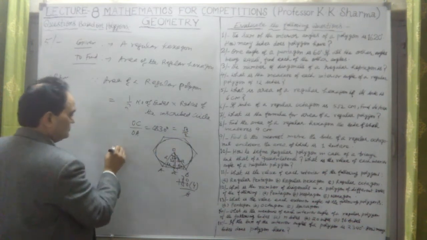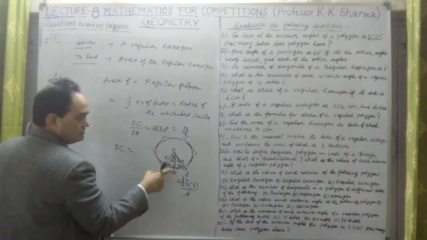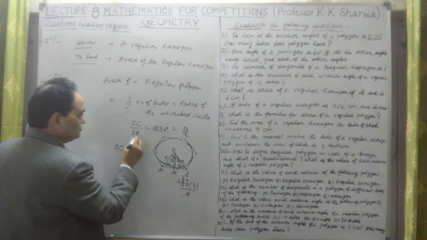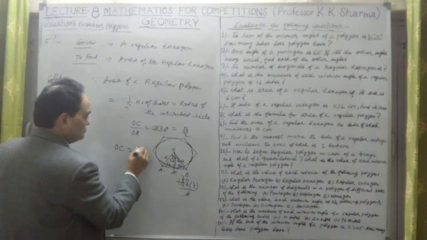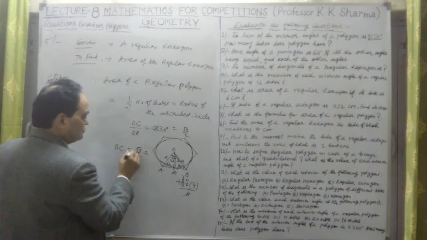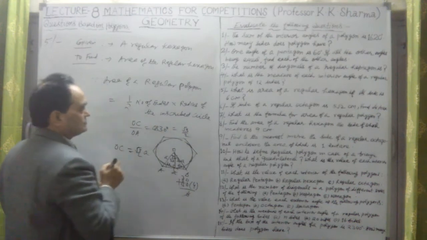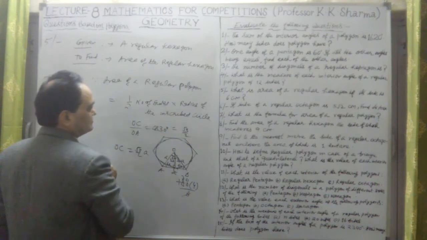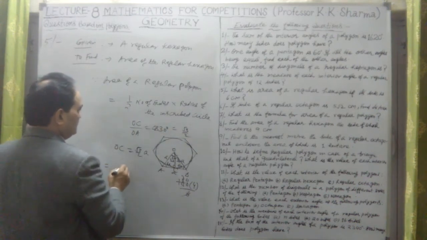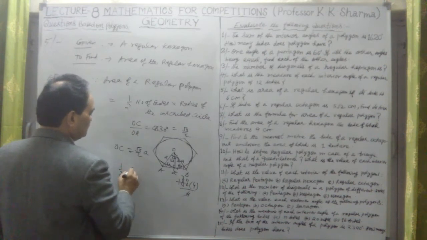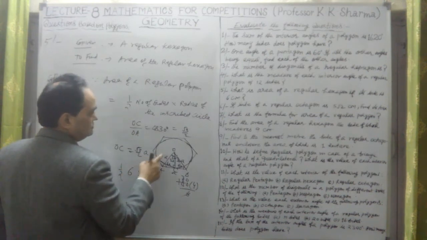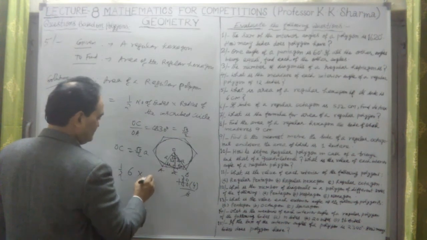And therefore OC, the radius of the inscribed circle, is equal to OA into this, which is root 3 by 2 into A. So root 3 by 2 into A is the radius of the inscribed circle. Number of sides is 6. So here area will be 1/2 into number of sides 6 into the radius of the inscribed circle, which is root 3